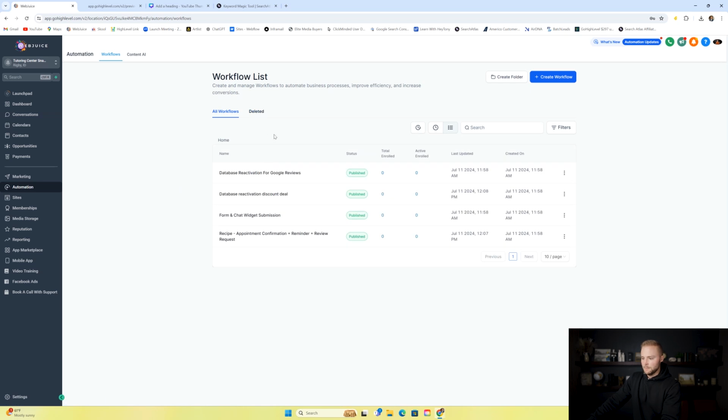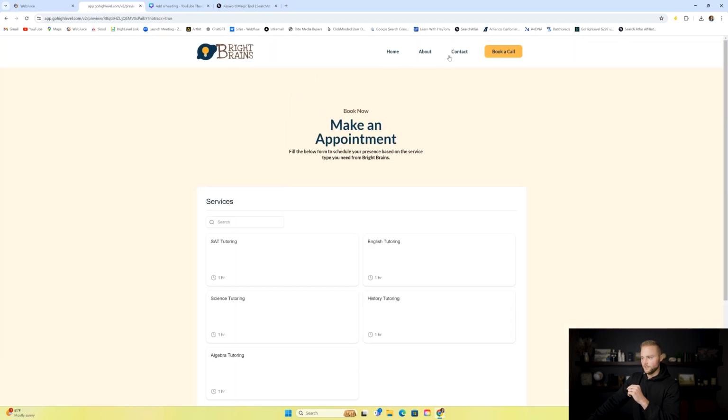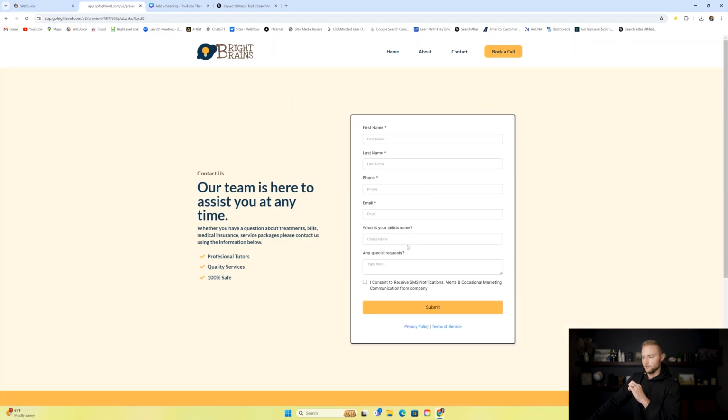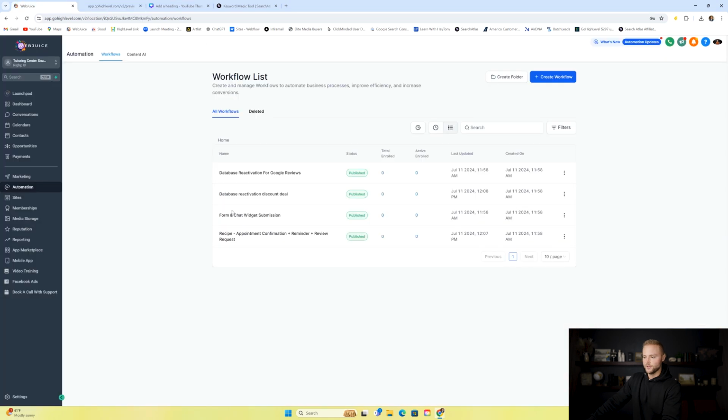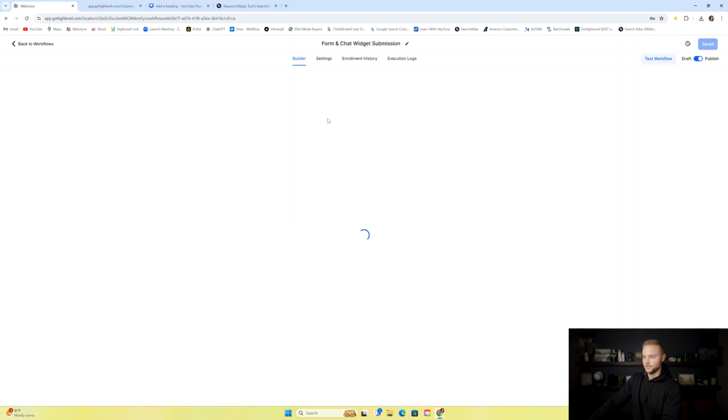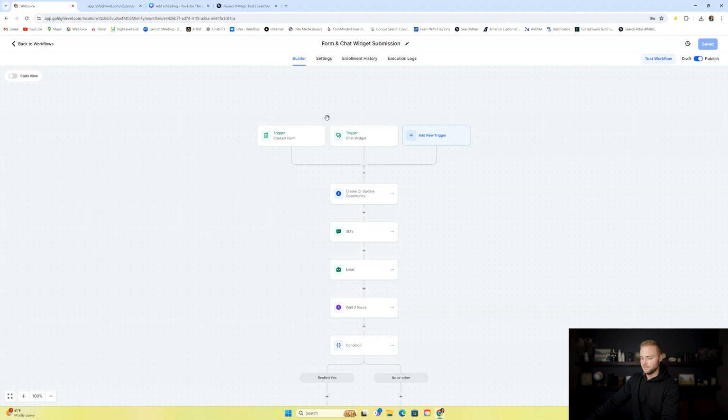Now that we have this all set up, we can then go into our automations and create those automations for our client. So the first one is going to be if somebody goes and fills out that form or the chat widget on the website. So if anybody goes to the contact page and they fill this form out, or if they come here to the chat widget and they send in a message, we can have an automated text message and email sent to them. And so the way that we do that is through this automation here,